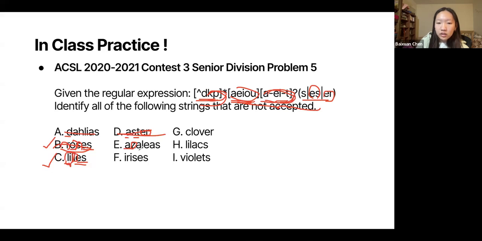And then we also want the A and the L to go in the first part of the expression, because again, we notice the S can be accepted here. And then we want an A to be the 0 or 1 of this one. And then we want the E to be the vowel here. So azaleas works because, again, working backwards, the S is accepted by the last one. The A is accepted by the one with the question mark of either 0 or 1 of A through E or L through T. And then the L,